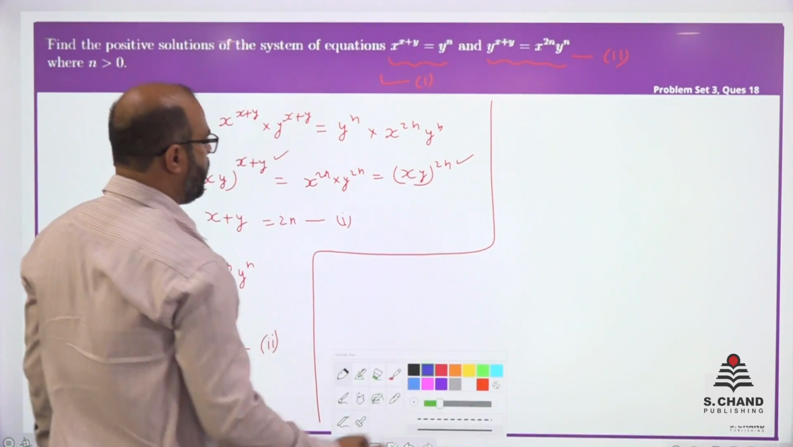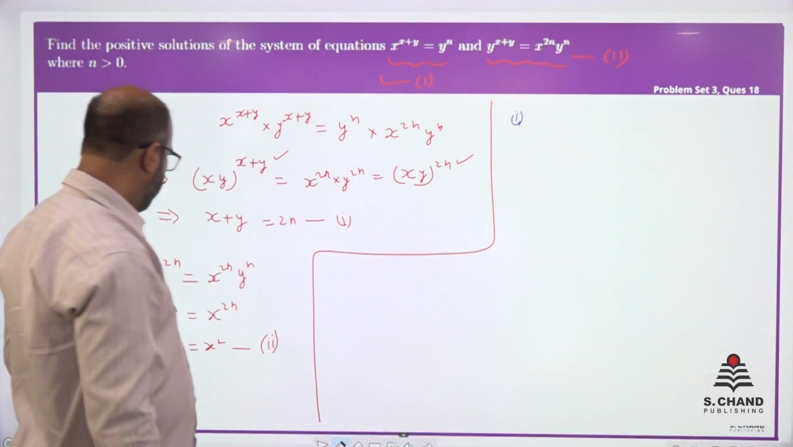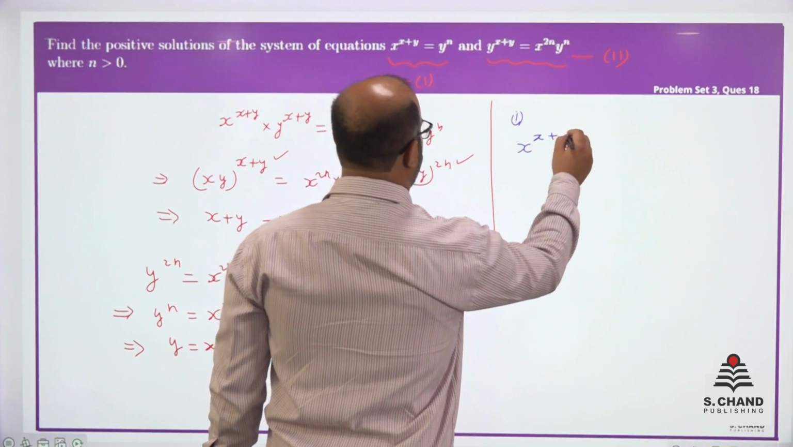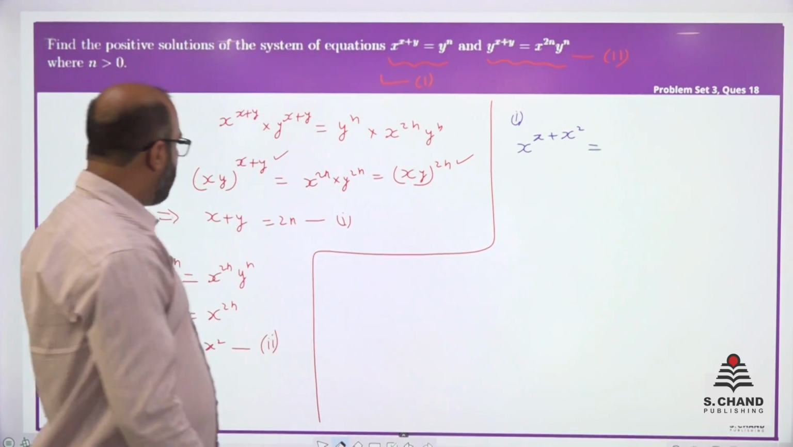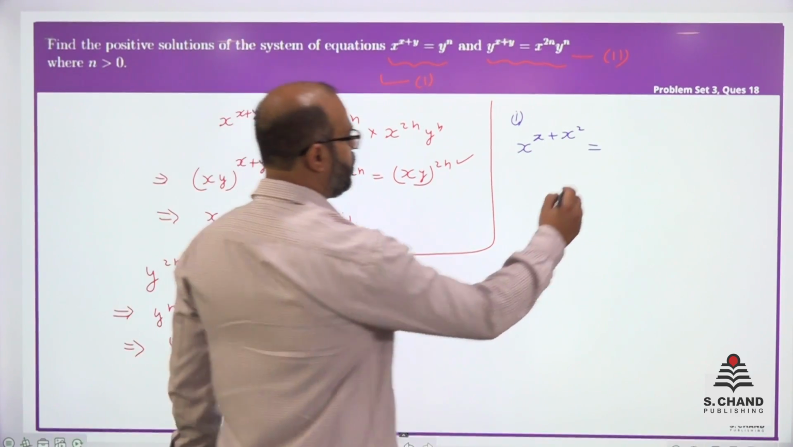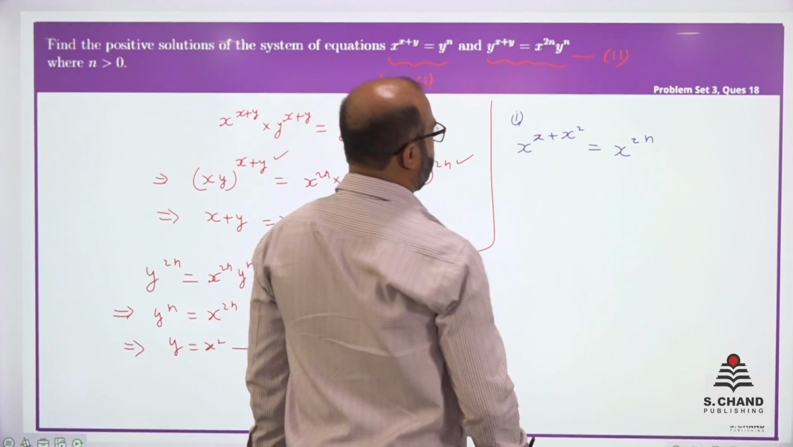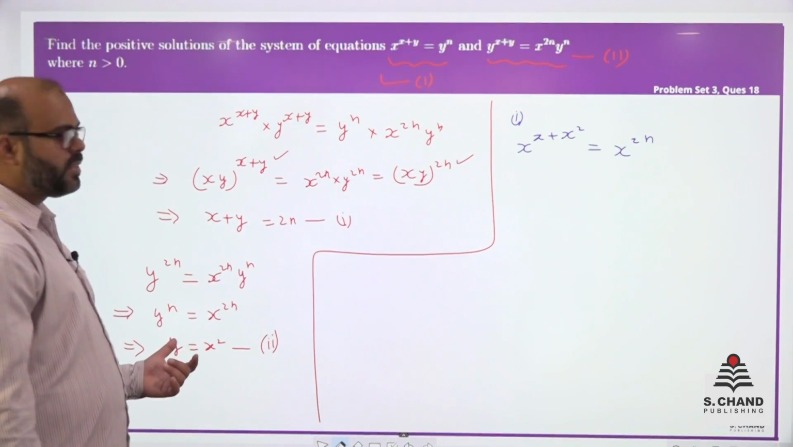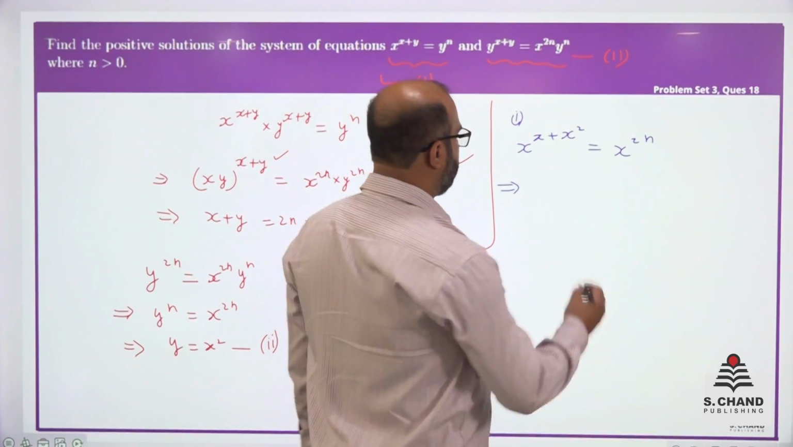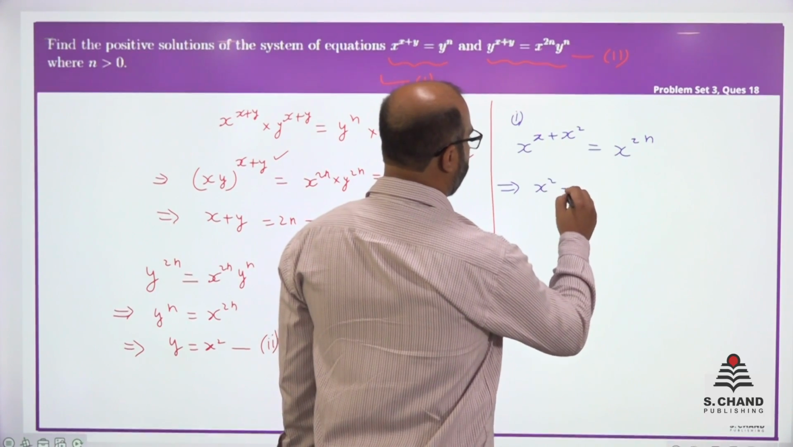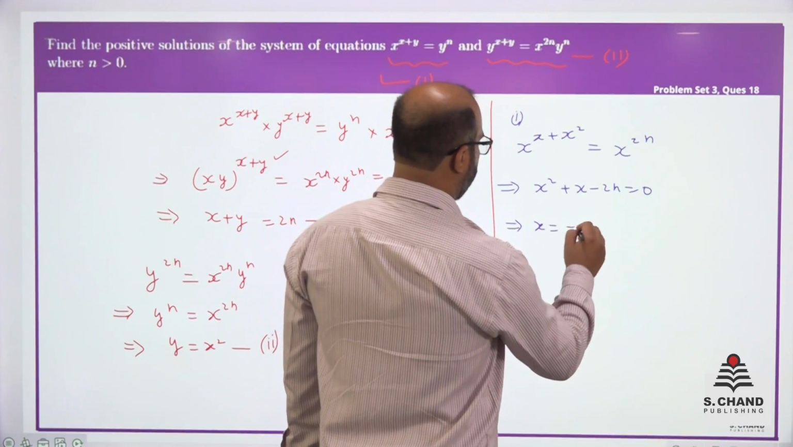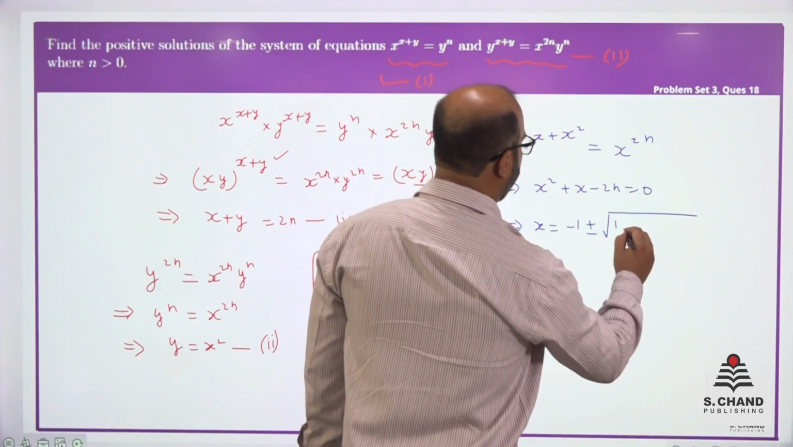When I use y is equal to x square in the first equation, what will happen? This will be x to the power x plus x square, and on the right hand side y to the power n is there. So, x to the power 2n, y square, y is x square, right. So, after equating the base, the power index will be the same: x square plus x minus 2n is equal to 0. This will give you x is equal to minus b plus minus root over b square minus